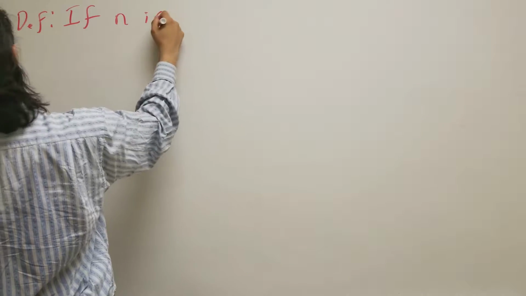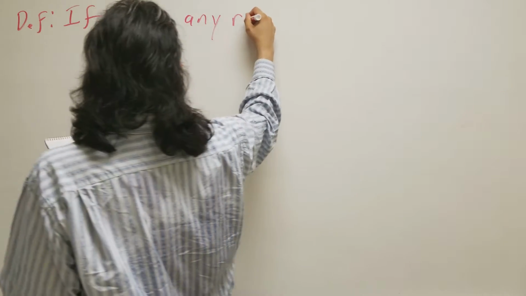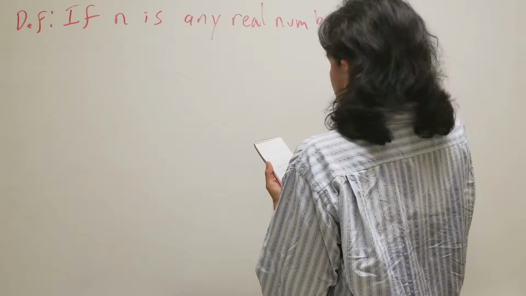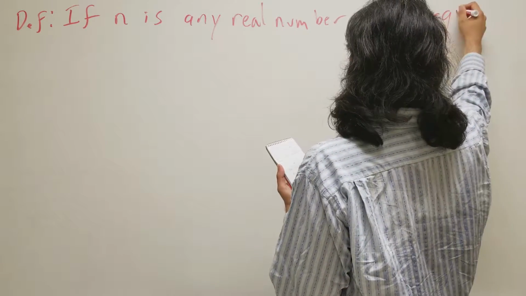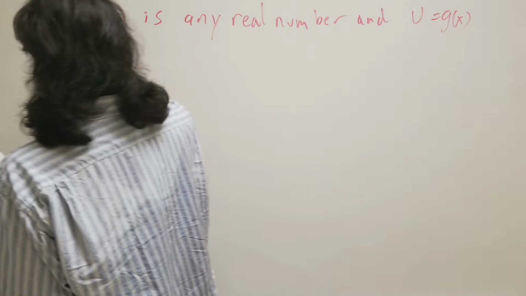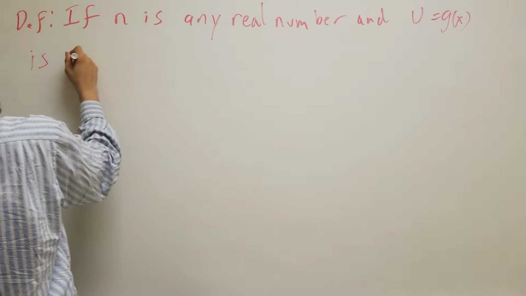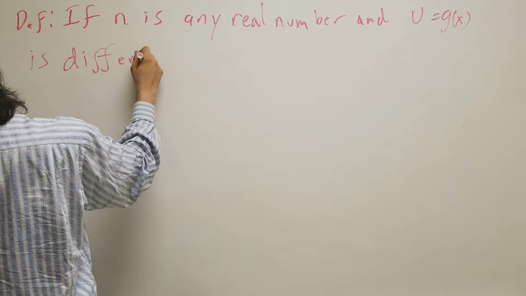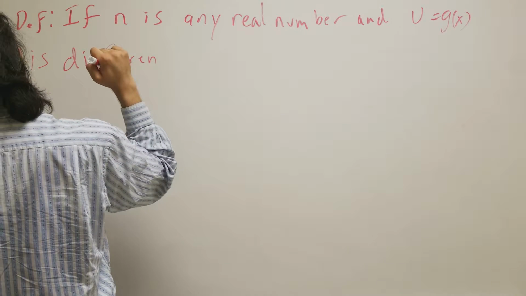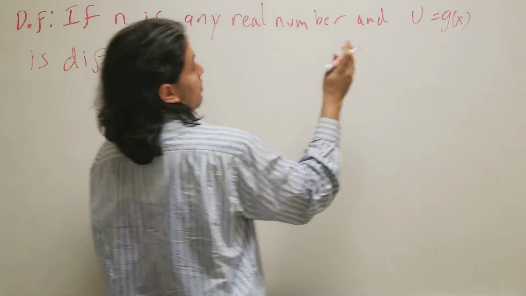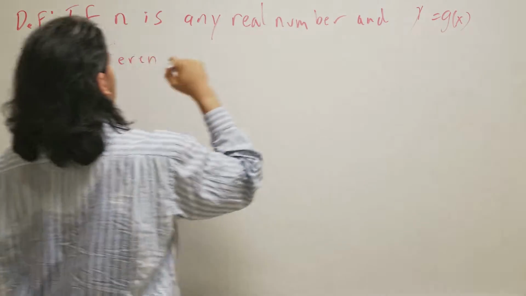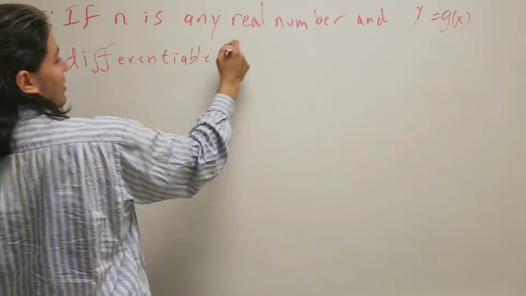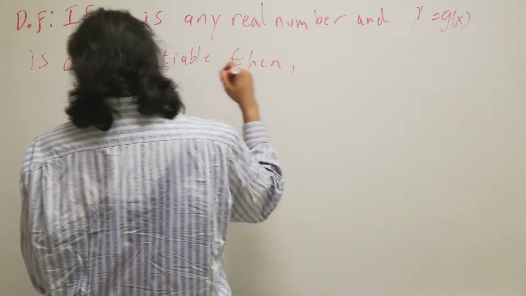If n is any real number and u equals g of x is differentiable. I think they meant y, not u. Differentiable. It's like the best y you've ever seen. Then